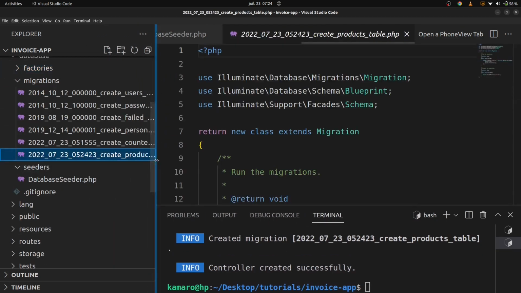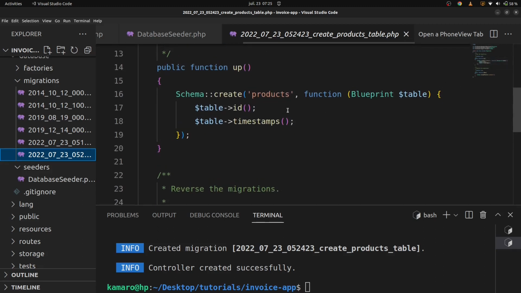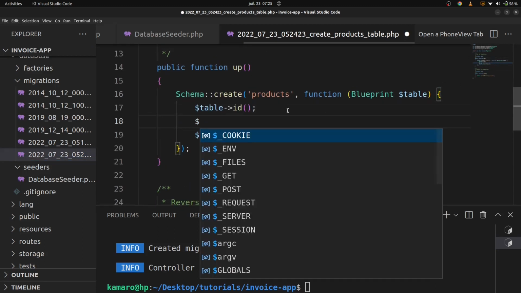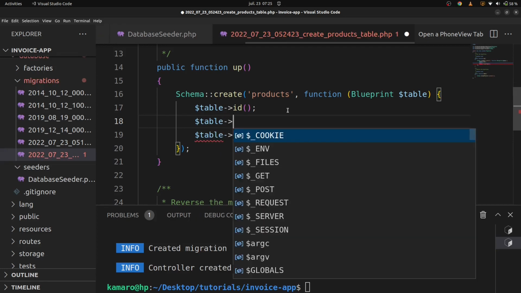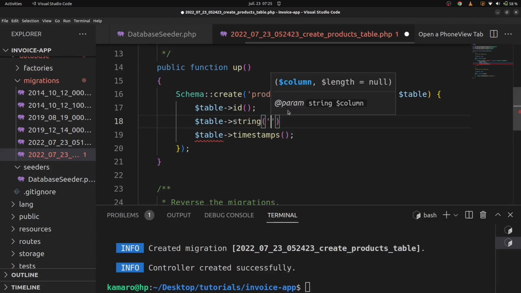Let's go on migration on the product table and add some columns. Table string item code, which will be unique,